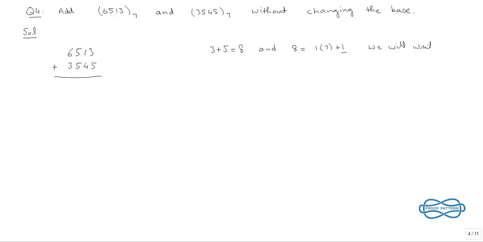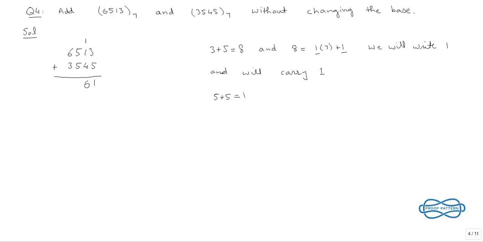So we will write 1 and will carry this one. So we have this 1 and we have carry this one. Okay, now we have to add this one and this 4, and because this is 6 and 6 is less than 7, so we will write it as it is. And the next step, this is 5 and 5,